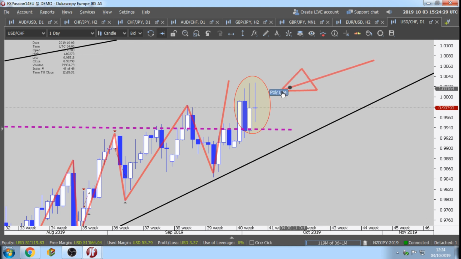Those 3 candles are telling a story to the trader. So what is it telling you? Go long, stay out, or go short? Or prepare to go long, or prepare to go short? What are they telling you?